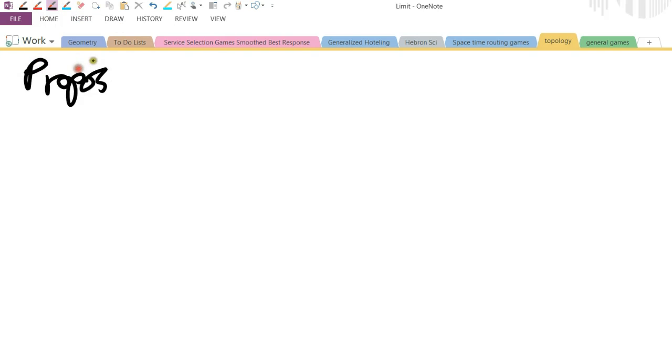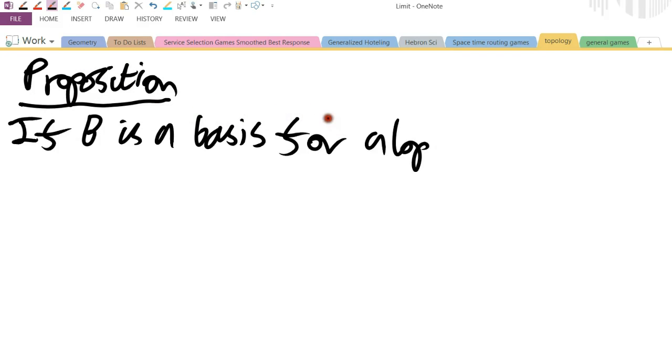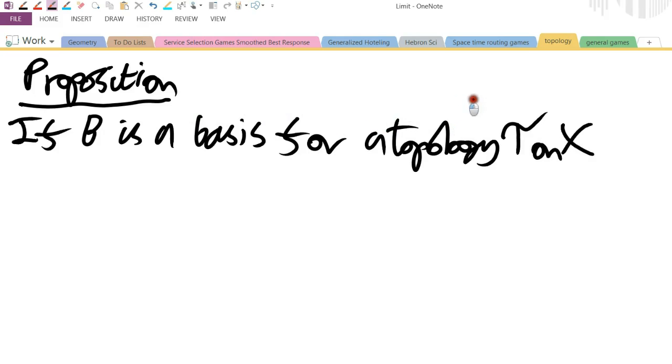It's not too hard to prove. So the proposition is that if B is a basis for a topology tau on X,